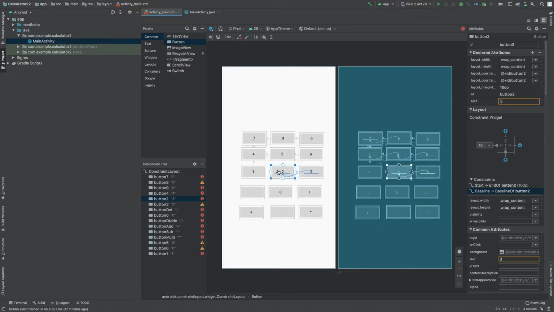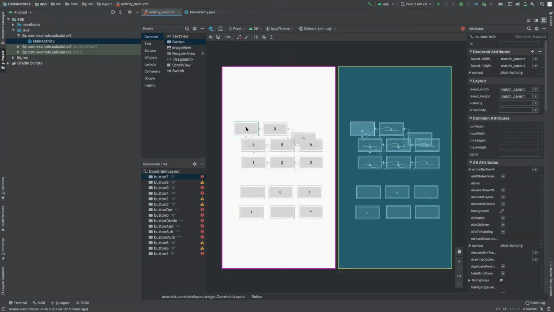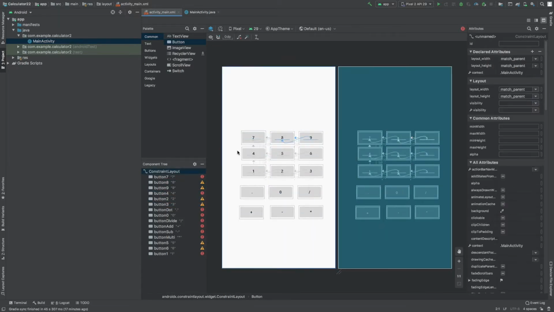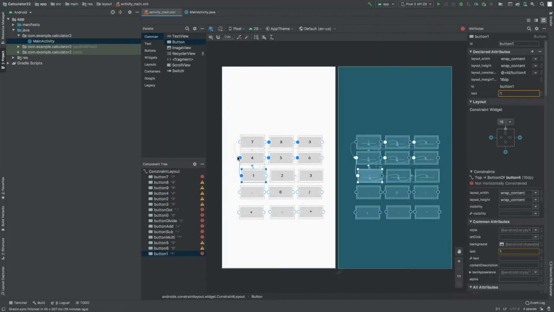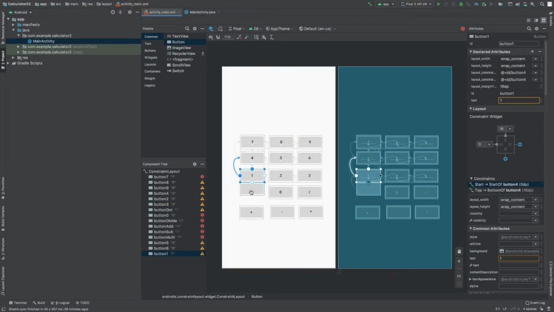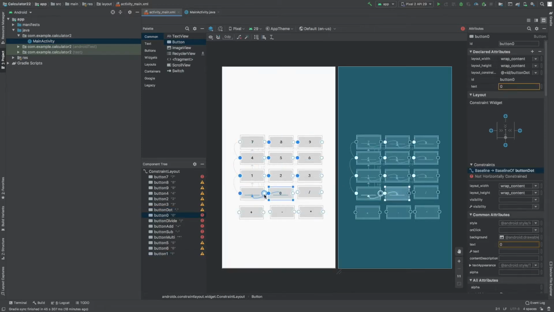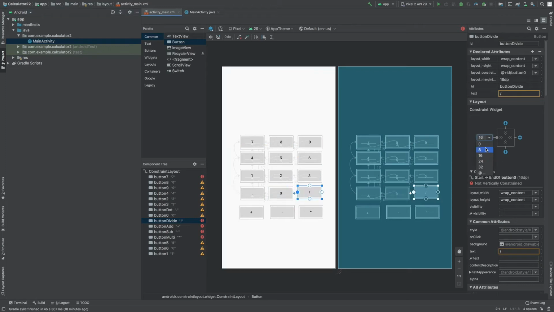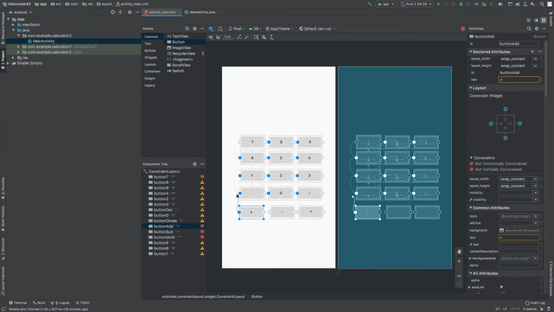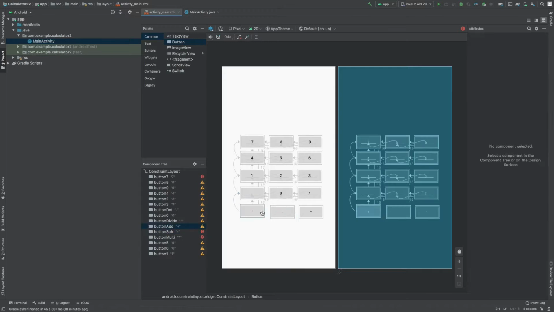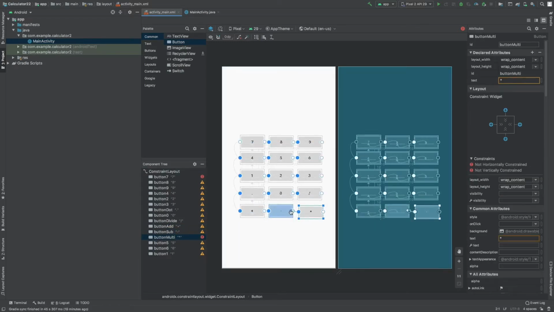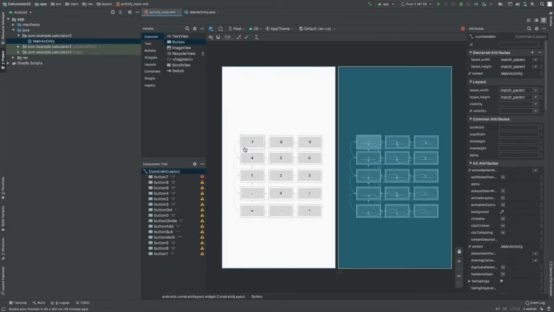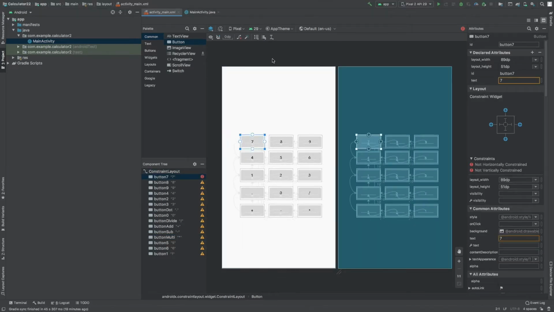Here you can see that everything is connected as a single unit from 7 to 3. If I just connect from 4 to 7 with a right to right constraint, now it works like a single unit. Just to give you a head start, you will also need an equal to button here that I have missed right now. So you will need a baseline constraint and a right to left constraint, and now you can see that this works as a single unit.